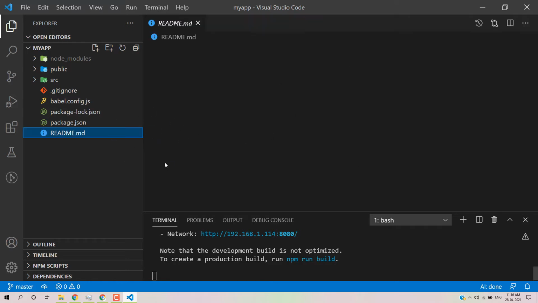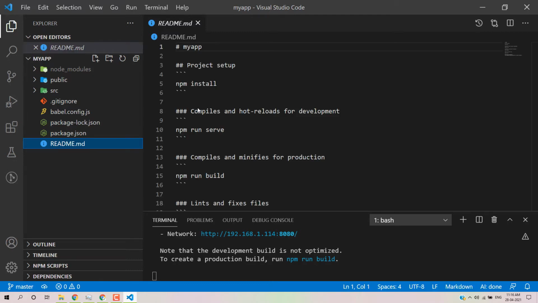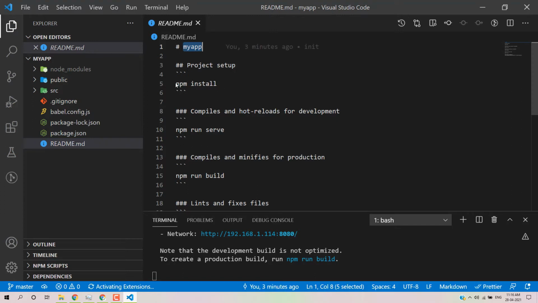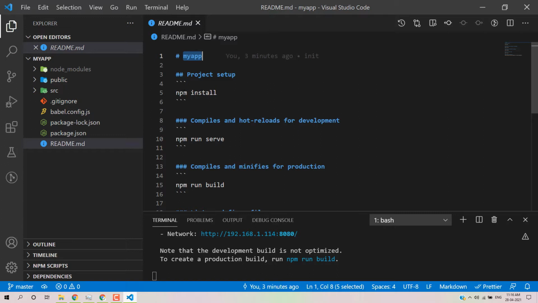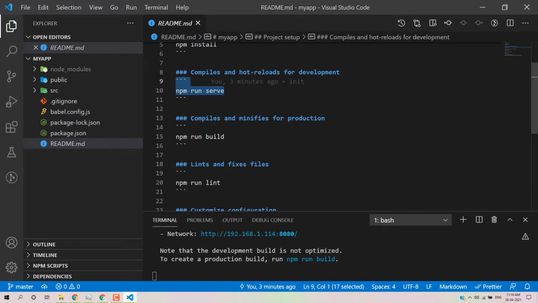First you need to clone the repository and then install it by running npm install. To compile and host with hot reload for development, you use npm run serve. For production, you just need to run the build command. You can also fix the links, and these commands are all customizable.